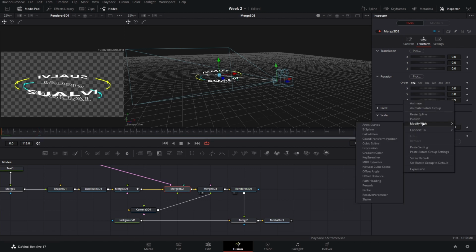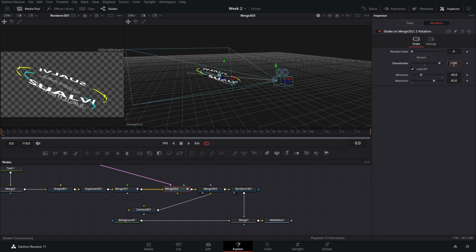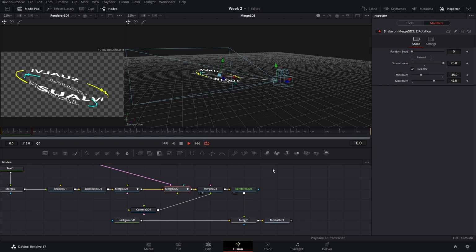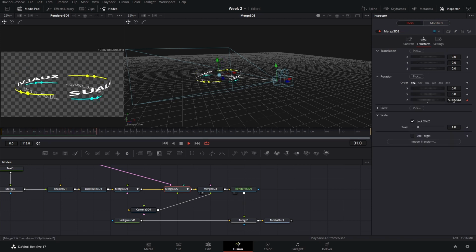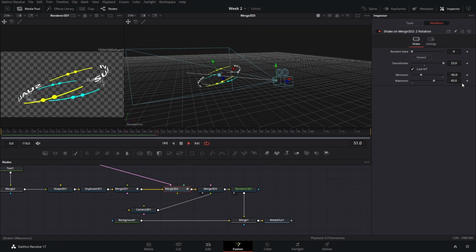You can add a shake animation if you want. So modify these with the shake. And then on the values, the minimum would be 0, which would be the default here. And then you can actually do 45 and then -45. If you want it to be really smooth, make this go really high like that. So it is going to sort of slowly move from one side to the other. So from -45 all the way to